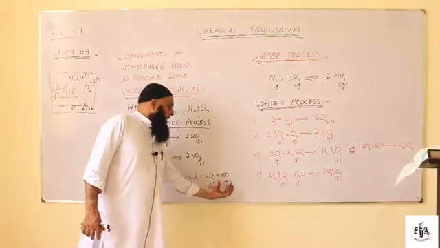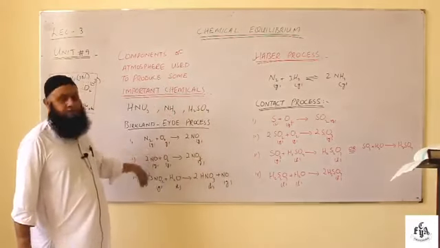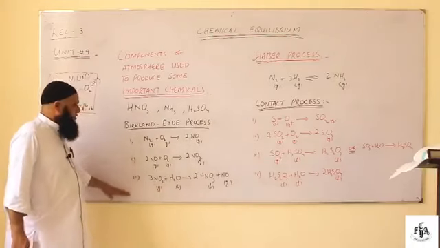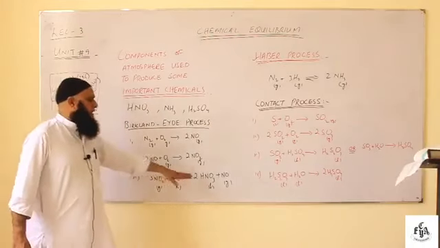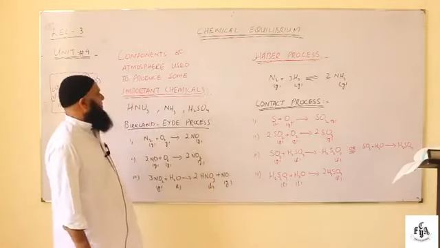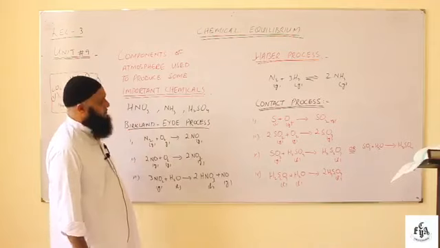At the end I again have nitric oxide, so this nitric oxide can be reused. When I am preparing nitric acid again, I will need only these two steps, because in the last step I got nitric oxide. So this is one of the methods of preparation of nitric acid, called the Ostwald process.